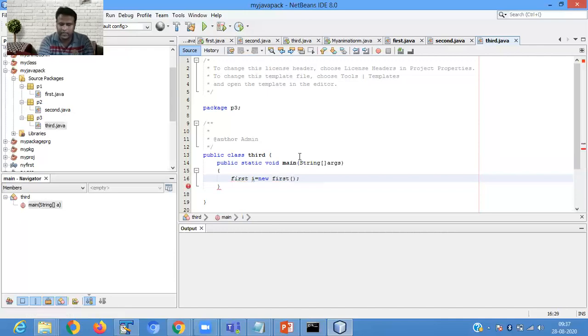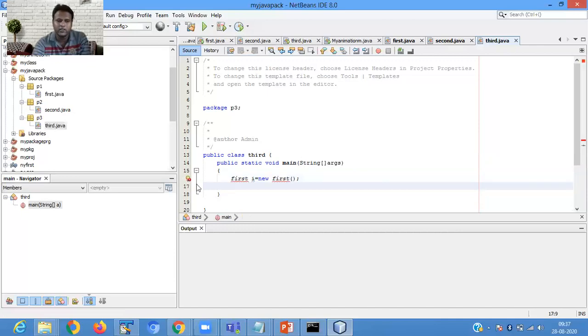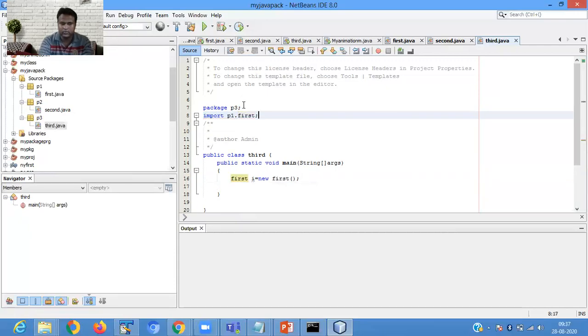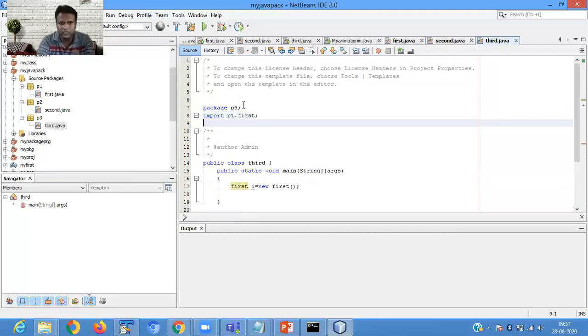So when I create an object, first i equals new first, it shows an error because it has not found the class first. So for that we are using an import statement. Import p1.first, then there is no error.